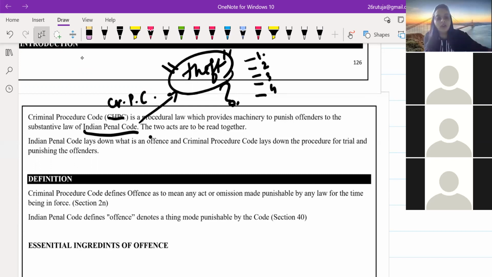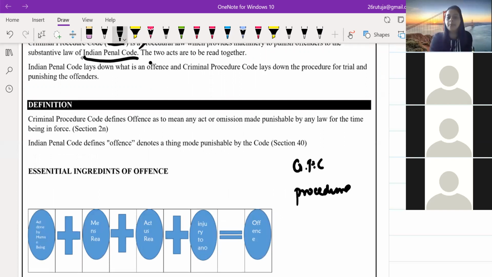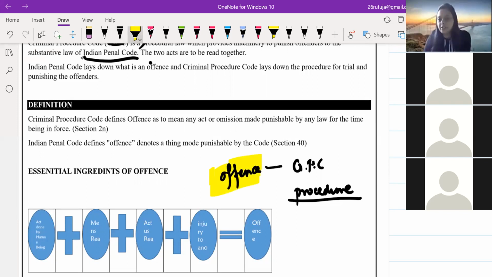Okay. Now coming to the definition. कौन सा definition सबसे important होने वाला है यहाँ पे? CRPC तो सिर्फ आपको प्रोसीजर बता रही है, ठीक है? स्टेप नंबर 1 2 3 बताता है कि आपको कैसे जाना है. अगर आपके अगेंस्ट किसी ने क्रिमिनल ऑफेंस किया, तो आप कौन सी प्रोसीजर को अडॉप्ट करोगे, क्या प्रोसेस है. लेकिन बेसिकली ये एक्ट अप्लाई होने के लिए आपको ये वर्ड समझना बहुत जरूरी है. What is an offense? This term offense is defined under both the acts. उसको CRPC में भी define किया है, I.P.C में भी उसको define किया है.